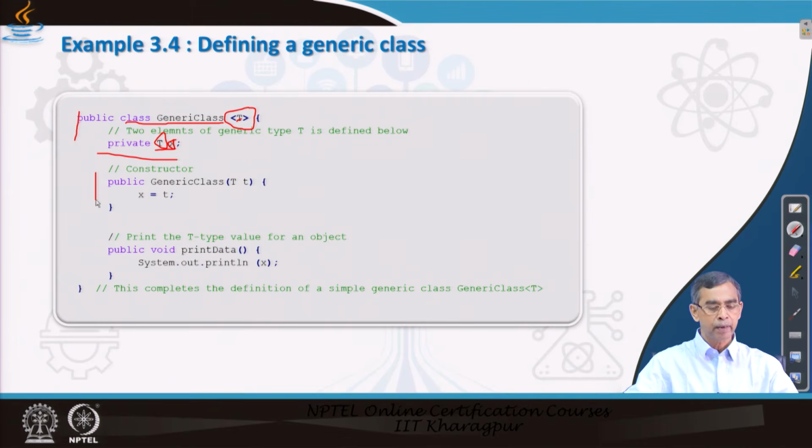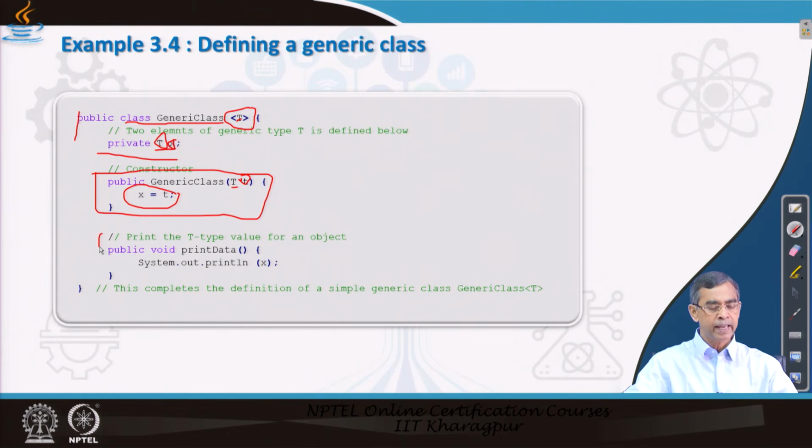It is very simple. The constructor will basically initialize the field X. So if we pass any element of type T, then it will initialize the value of X. So this is the way that a generic class and its constructor can be declared.